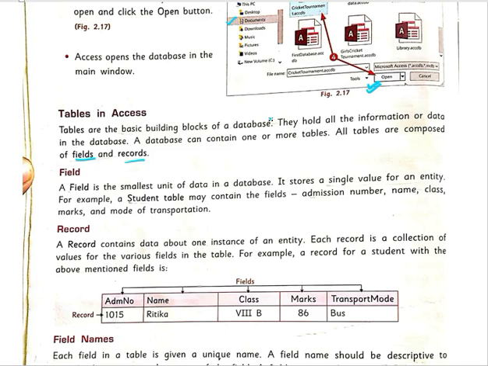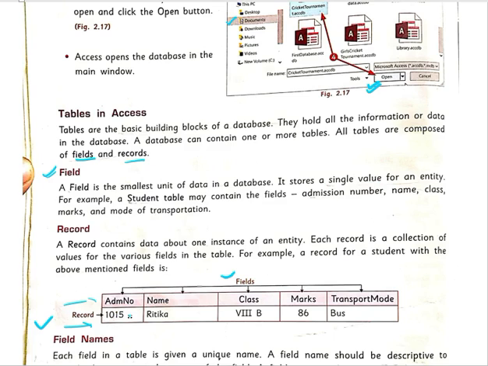We had some monuments of India, and in which city, which state, or which period they were discovered. That information was there. You can see it in this figure too. The horizontal rows, this row and this row, are called records, and columns are known as fields. So what is a field? Again, the definition: a field is the smallest unit of data in a database, and it stores a single value for an entity. Single value.